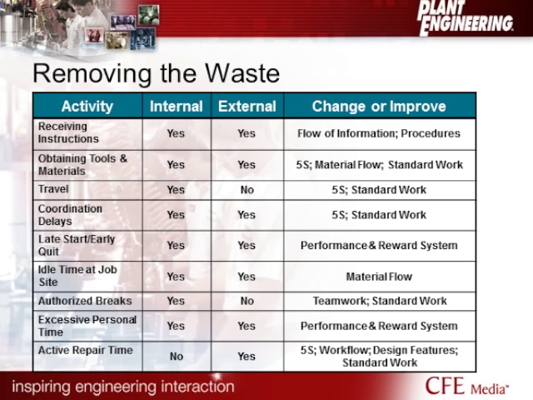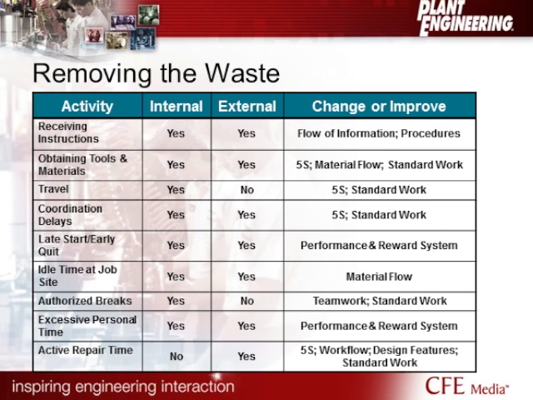Okay, you may have seen a few things in there, maybe a few areas that you would like to work on. It could be active repair time or anything around idle time at the jobs. And over there in your change and improve column, you can look at some things you might address to make those better. I think one of the big things you can always focus on is this idea of processes. We'll talk a little more about processes later, but when you put a process in place and everyone's doing it the same way, you can really start to see the waste that is generated, and then we can start to eliminate it and make it better going forward.